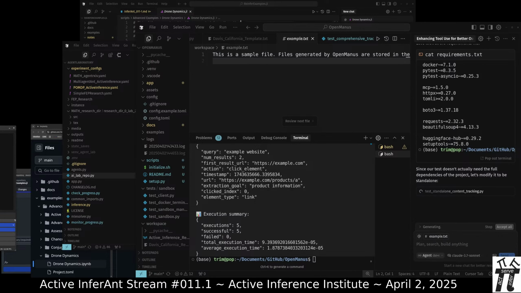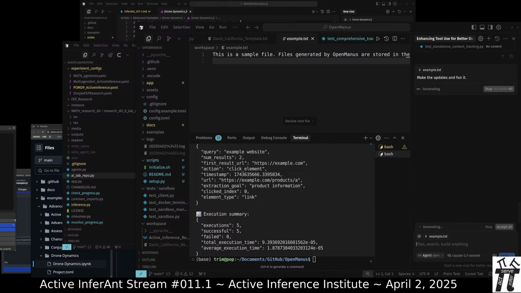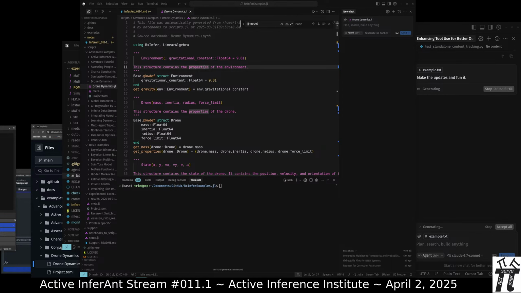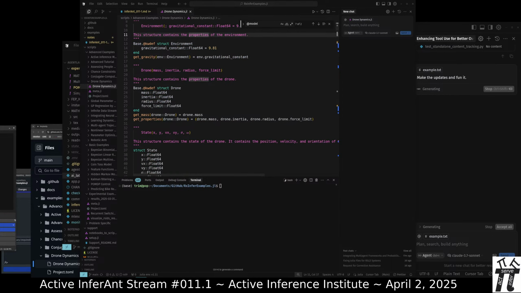Here looks like the Cursor agent. Make the updates and run it. Okay. Back to the drone. So we looked at the README for the drone.